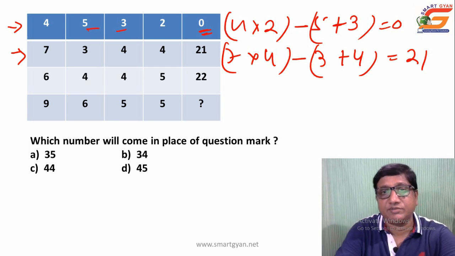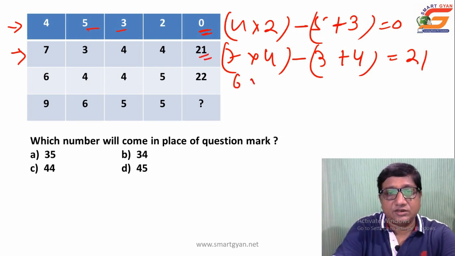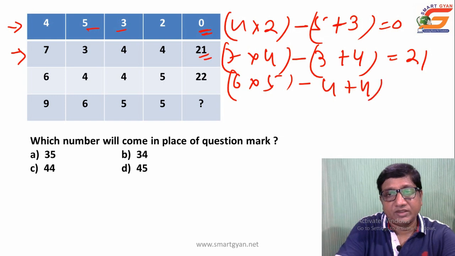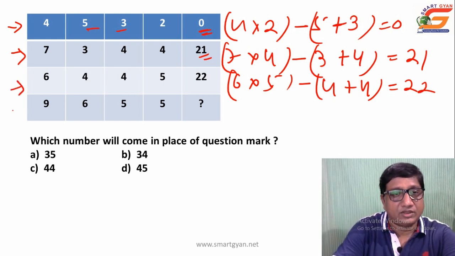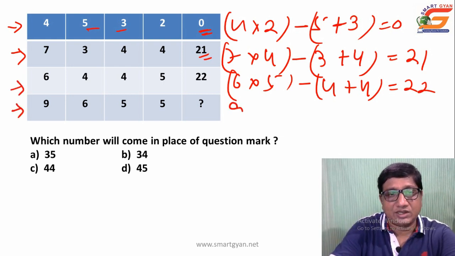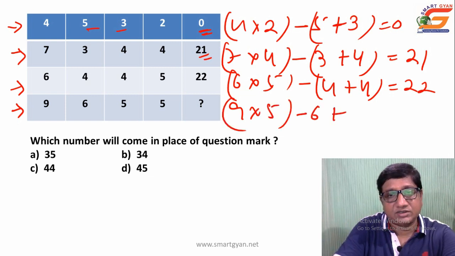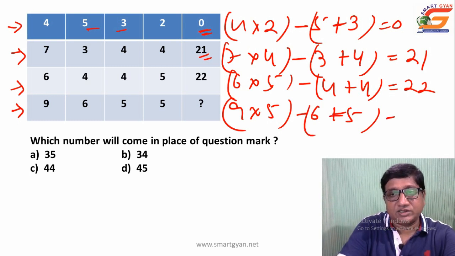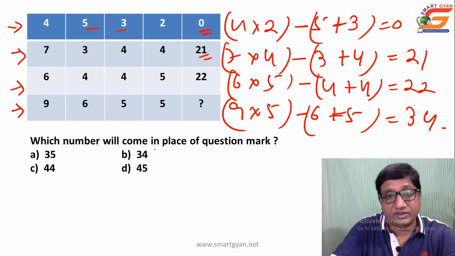Yes, this is justified, 21 is here. Next, 6 into 5, that is 30, minus 4 plus 4, that is 8. 30 minus 8 is equal to 22. Then coming to the last row, that is 9 into 5, 45, minus 6 plus 5, that is 11. 45 minus 11, that is 34. Yes, this